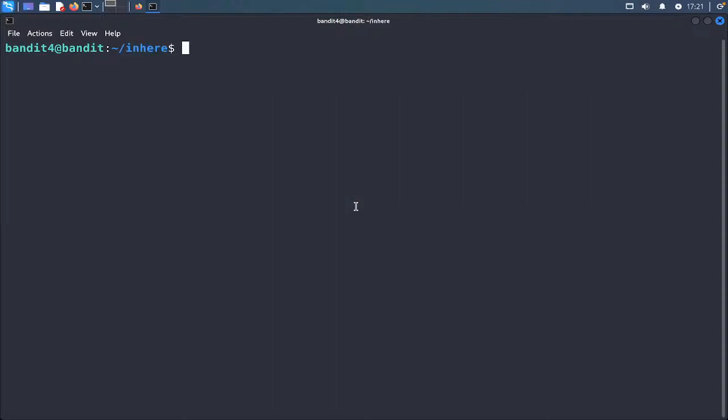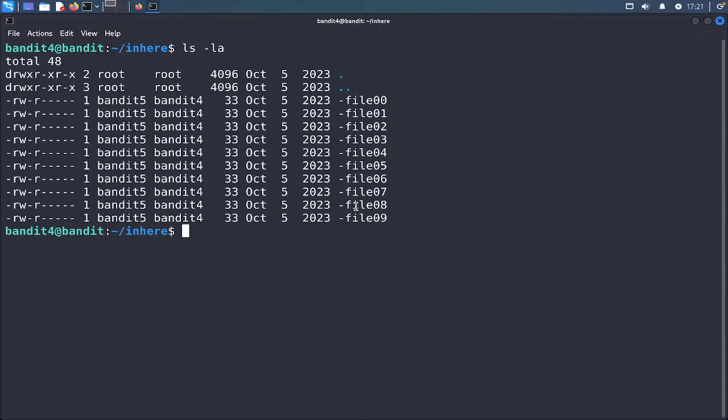So we have to understand what the best thing is that we can do here, right? Suppose we do have some commands that we can use. So let's check out. First of all, we are in this directory. If I do ls -la, which is the basic command, you can see we have almost 9 files, and some of the files have read, write, read permissions. So there is nothing exceptional in this one, right?